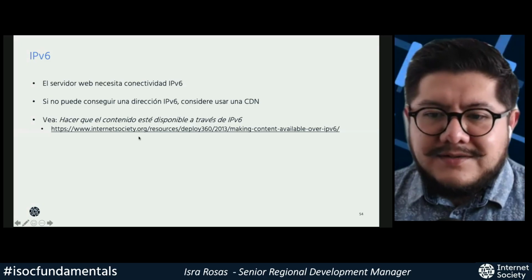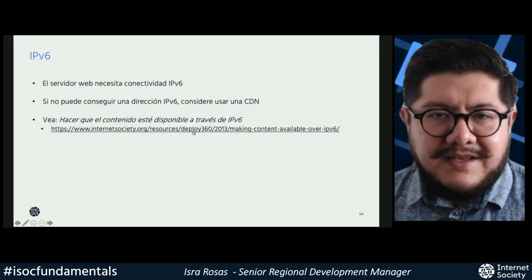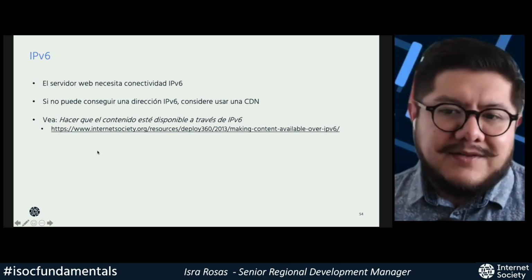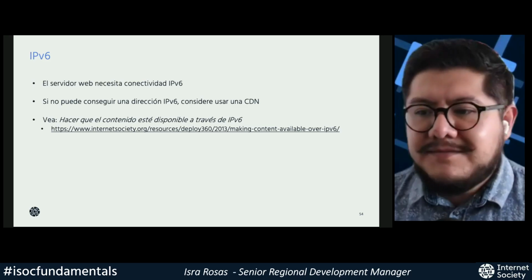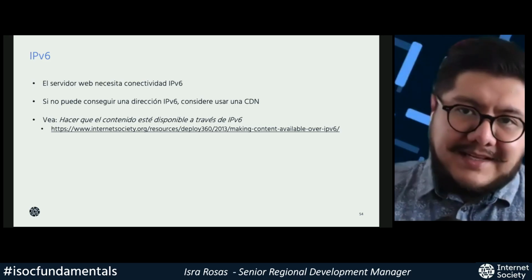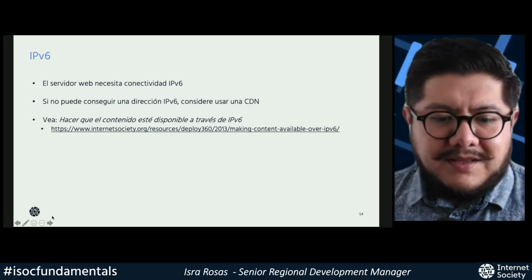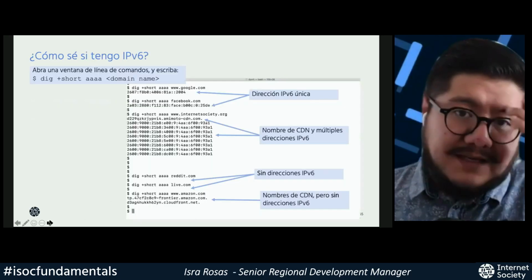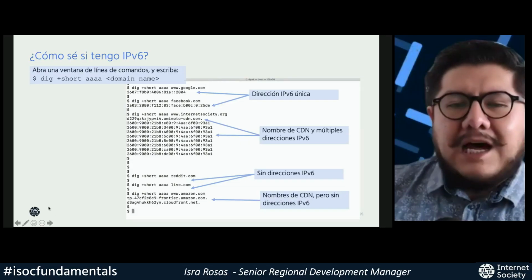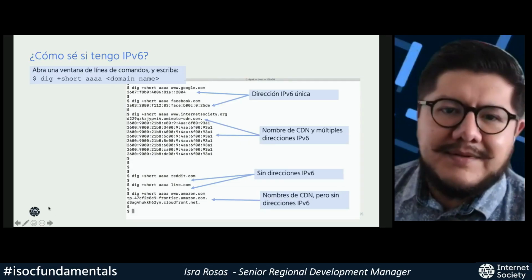As part of the work we have carried out in Internet Society, there is a Deploy 360 called Making Content Available over IPv6. I do recommend you check that out because it's also important for content to be available through IPv6 and not just out of the adoption of users.